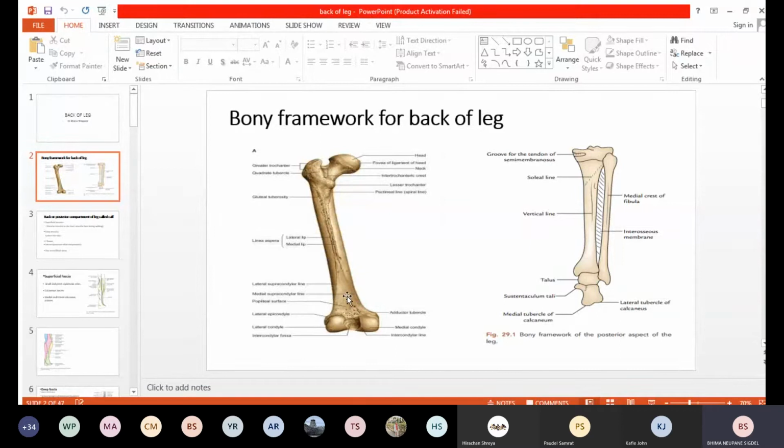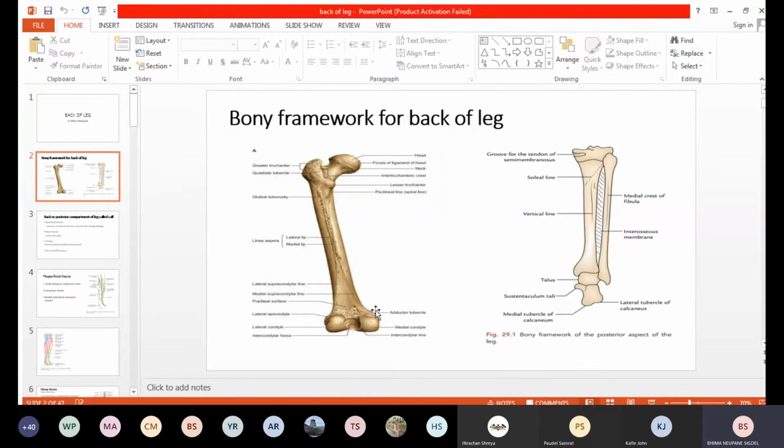In the lower end of the femur, you can see the two condyles, the elevated parts here. Facing medially is the medial condyle of the femur, and laterally you can see the lateral condyle. If you extend above the condyles, there are two epicondyles: facing medially, the medial epicondyle, and laterally, the lateral epicondyle. Above, we have discussed the linea aspera, right? The line diverges in the lower end, and on the medial border side you can see the medial supracondylar line above the condyle, and laterally you can see the lateral supracondylar line.